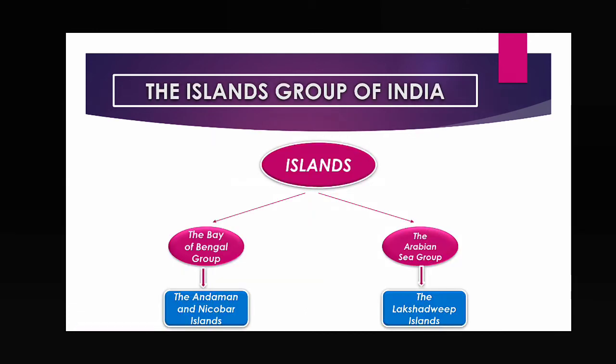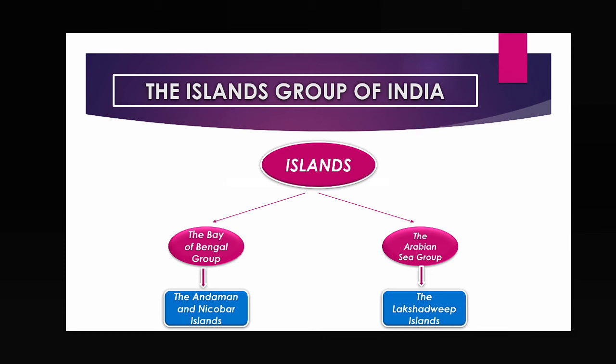Now come to the next, the physical features of India, that is the island groups of India. Their formation we already discussed, like the Andaman Nicobar Islands. These are the extension of the Arakan Yoma range, or we can say the Eastern Hills extension. These are submarine mountains, that means the maximum portion is submerged, and some elevated portion is present which we can see, and that's why it is called an island.